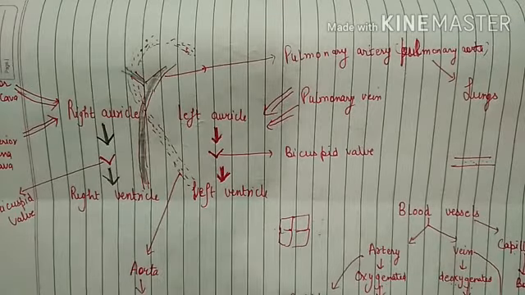So dear students, as you know, we have started the circulatory system chapter in our previous video. In that video we observed that the human circulatory system is further divided into two parts, that is the blood vascular system and the lymphatic system. So we have studied the blood vascular system. In that we observed what blood is and what the role of blood is in our body. Today we will study blood vessels and the heart.